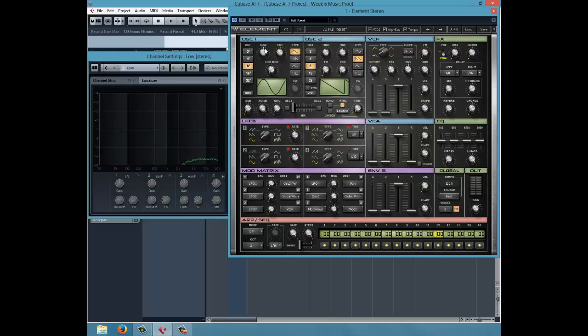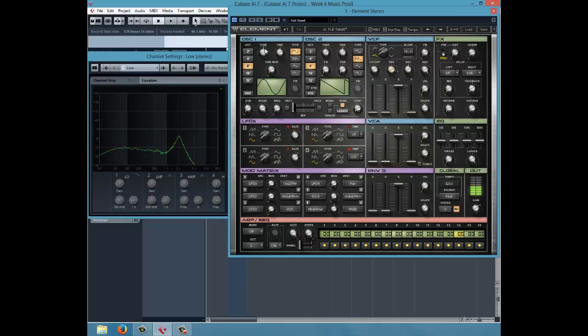So here's the high pass. Previously we saw the low pass filter, the high pass, the band pass, and the band notch. And I can increase or decrease the slope by pressing this button. So here's less aggressive, here is more aggressive, and I can increase the resonance, and we will get a typical